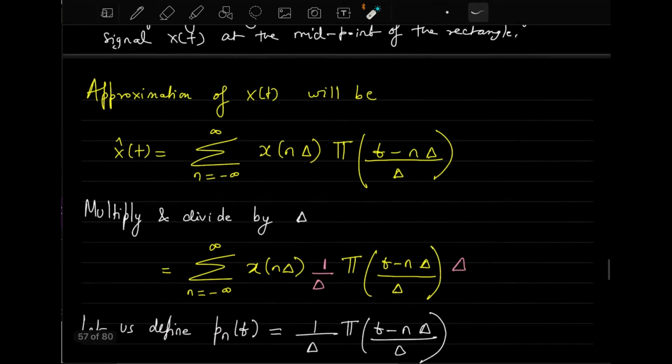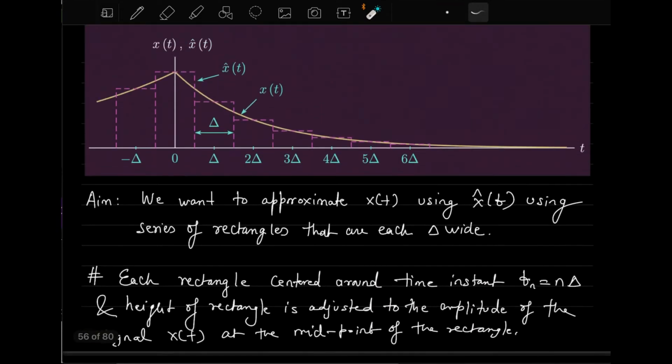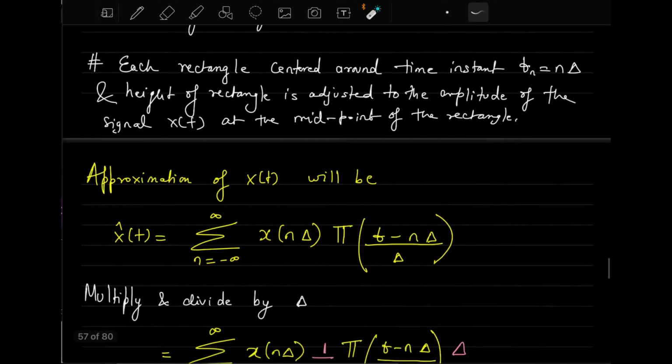Now once you have this, you can apply some tricks. Here we are multiplying by delta and dividing by delta. And note that we have delta on this side also, because it's a generalized rectangular pulse with minus delta by 2 and delta by 2, and it's not 1 by 2 and minus 1 by 2. So it's a generalized pulse case. You can recall our earlier lecture where we had a generalized expression for it. That's why delta will be here at the bottom.